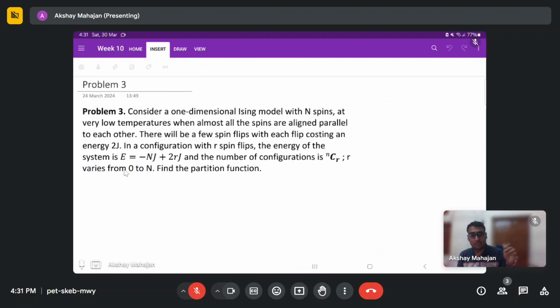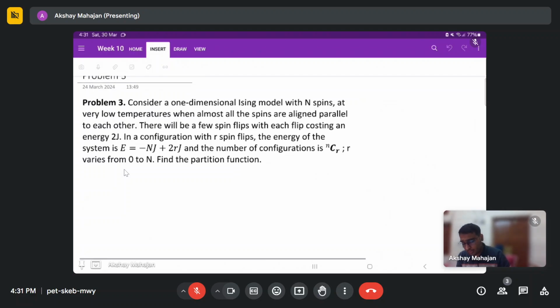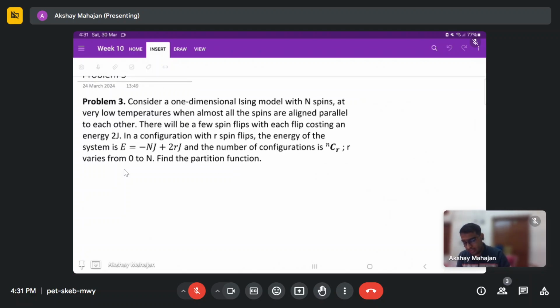So the ground state is when all the spins are parallel to each other, but if we flip a spin within the system, then that will cost us an energy 2J. So in the configuration with r spin flips, the energy of the system we can write as minus nJ plus 2rJ. Here r is the number of spin flips, so if r is 0, we are not doing any spin flip, and the energy formula is just minus nJ. So the minimum energy